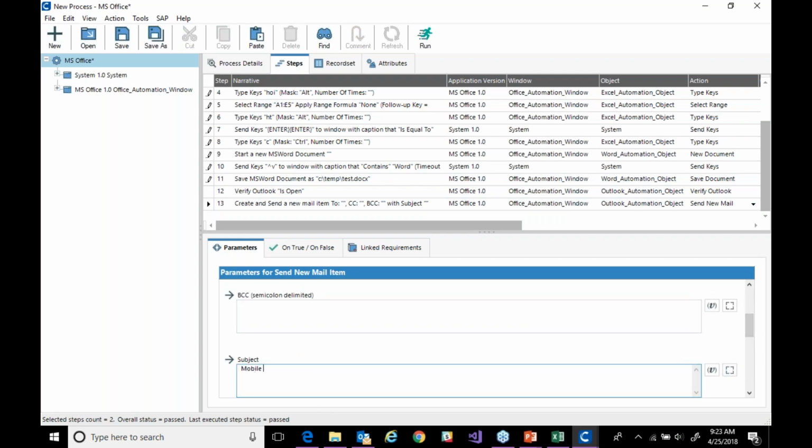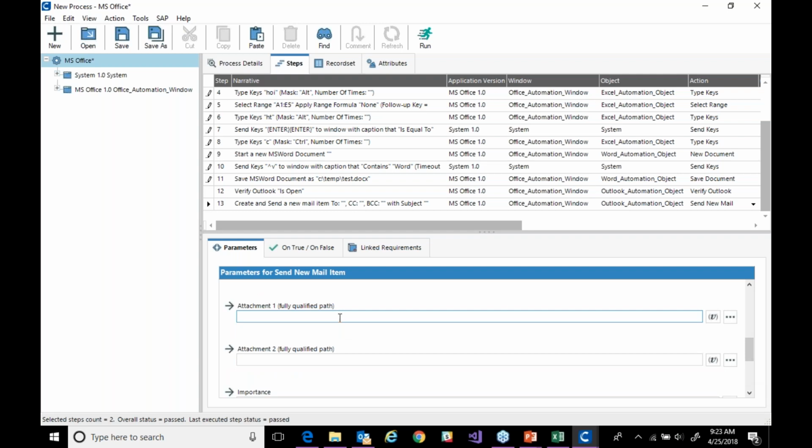This will be mobile device tests as the subject. I can copy and blind copy people. Here I'll go ahead and attach the document. I could attach a couple different documents. If you want to get really fancy, you can even use the automation tricks that Chris is about to show you in the next step